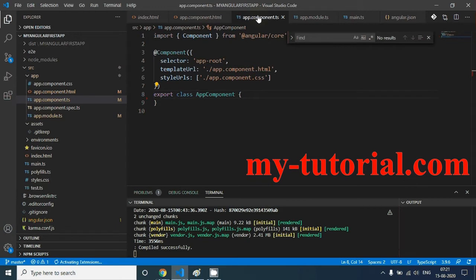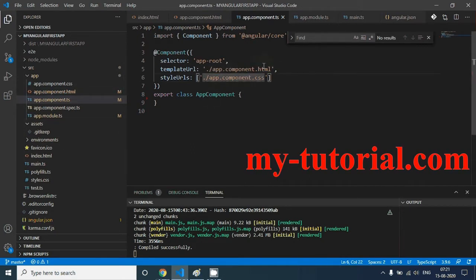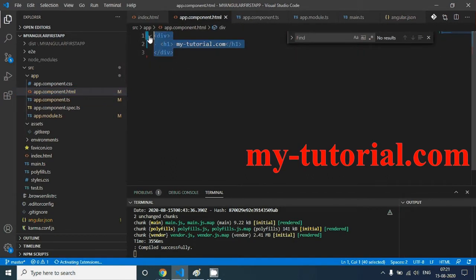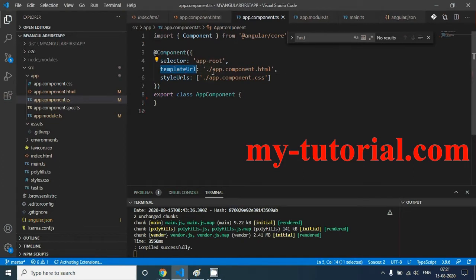When you come here, you will see that this component has this HTML. When you open up this app.component.html, you will see that this is the template. Whatever you want to put here, you can put it. In the template URL, you give the name of the HTML file.